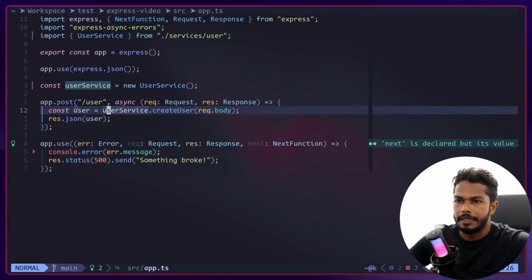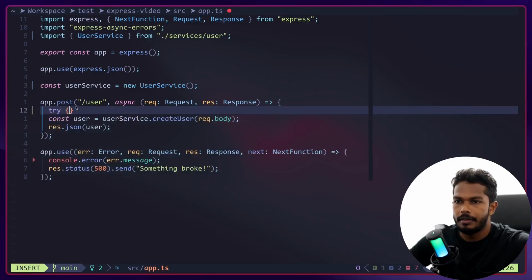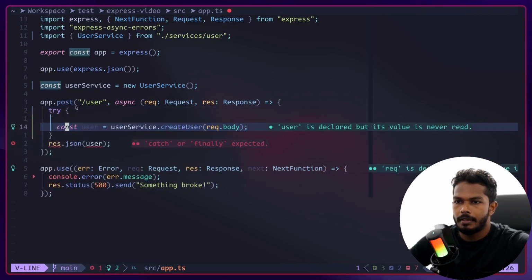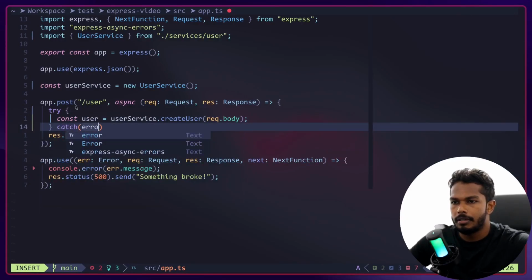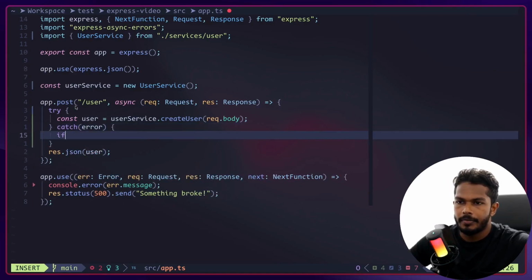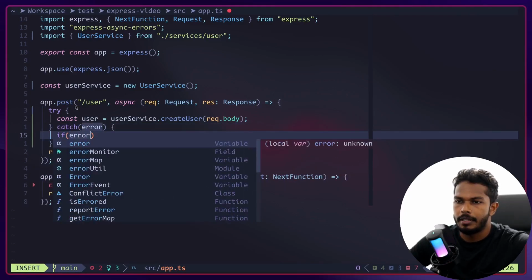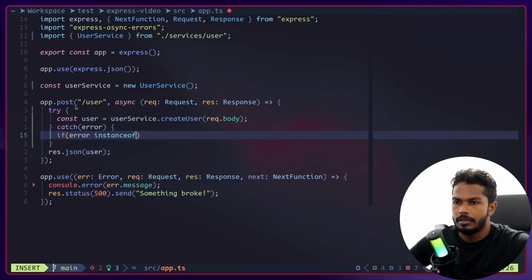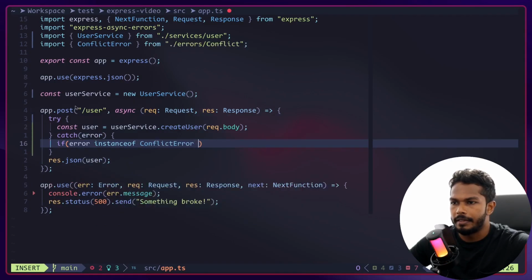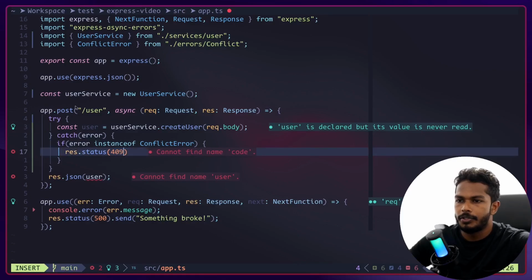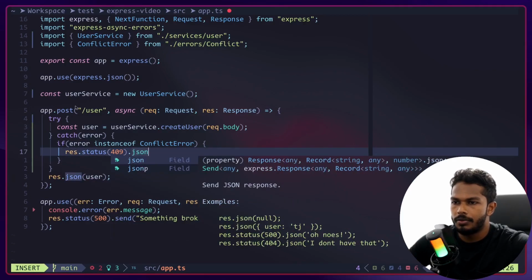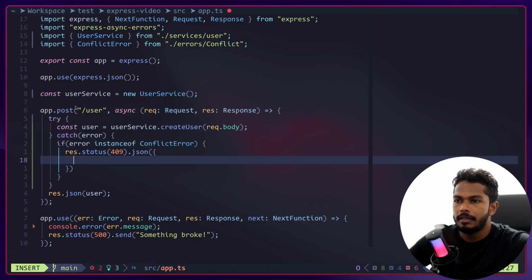To handle this particular error, I'm going to add a try catch, and the catch block is going to get an error. If error is an instance of ConflictError, then what I'm going to do is send a response with status code 409, and JSON is going to be, let's have a standard structure for the